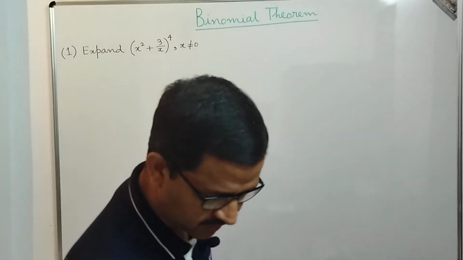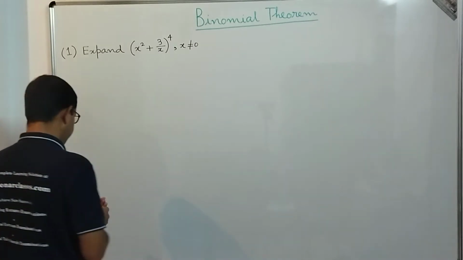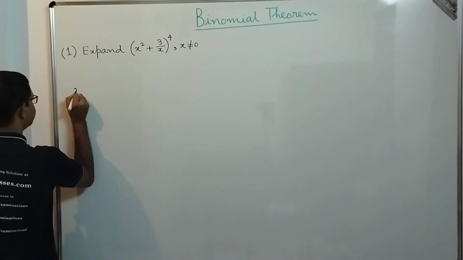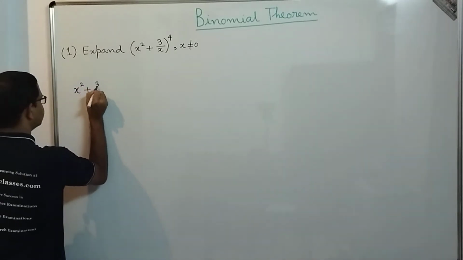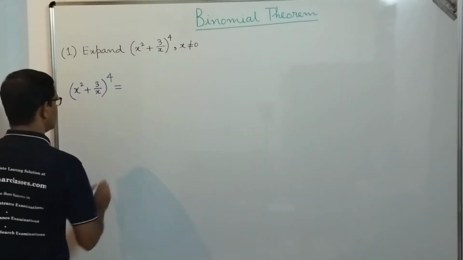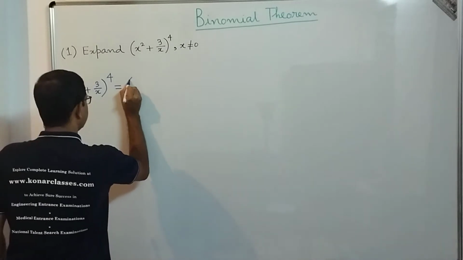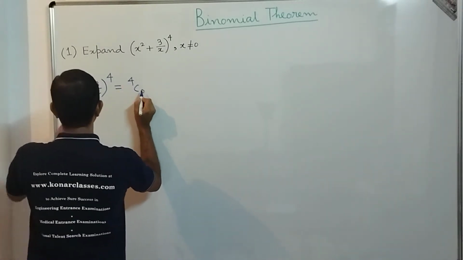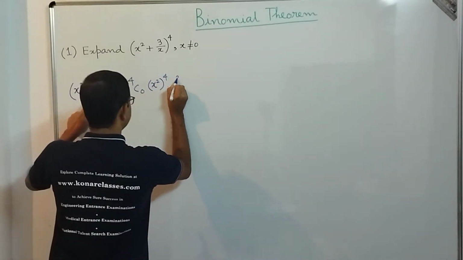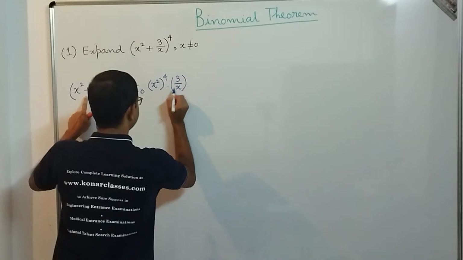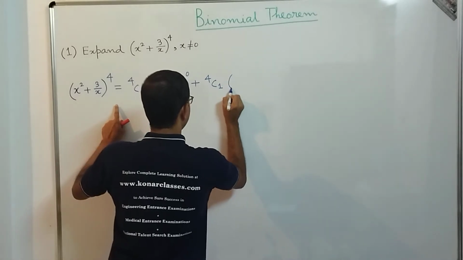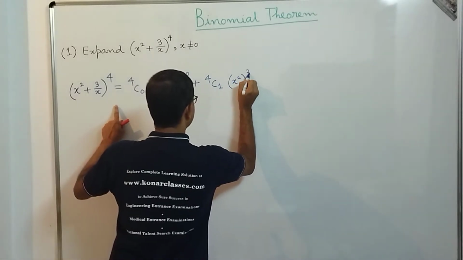Now how to approach this question, dear students? So we need to perform this binomial expansion here: (x square plus 3 by x) power 4. So what is the formula? Formula is that 4c0, I am writing in elaborate manner. It is x square power 4 into 3 by x power 0, correct, plus 4c1 into x square power 3